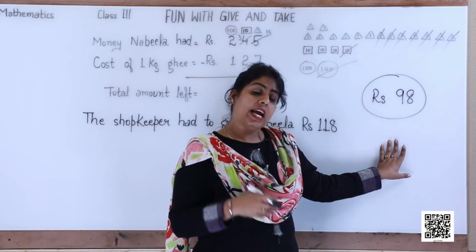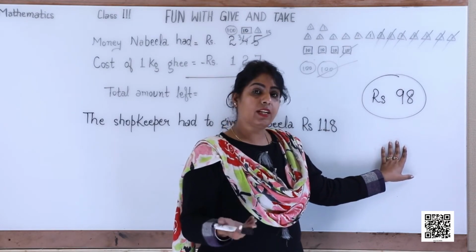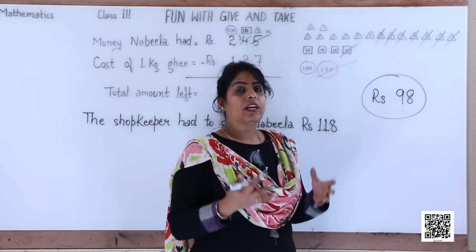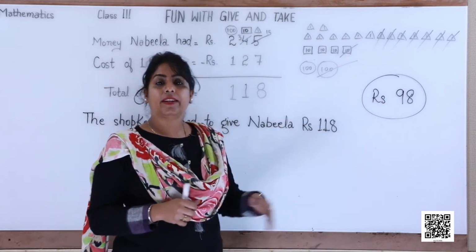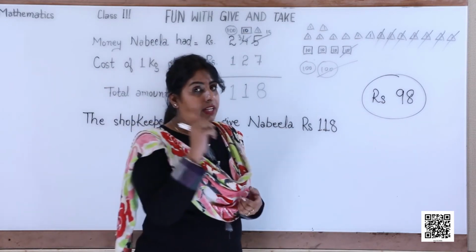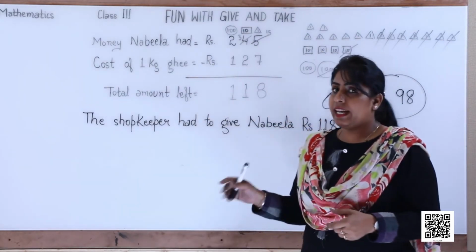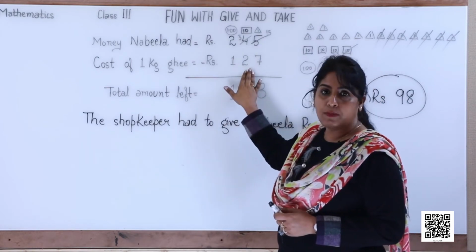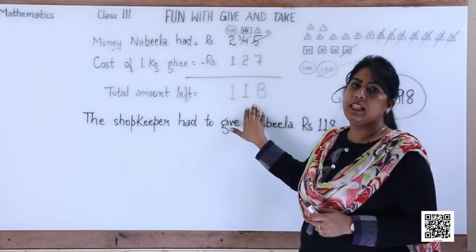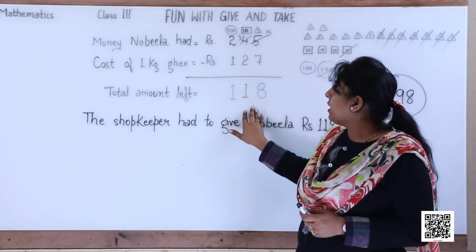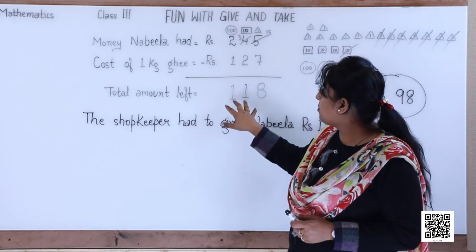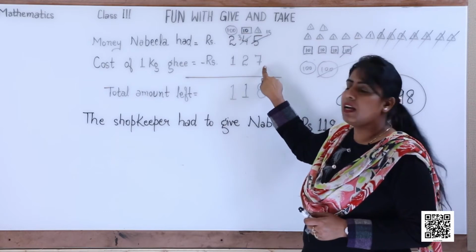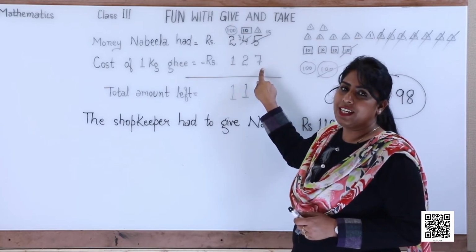So who is actually right? Whose answer is right? And how much actual amount should be returned? How can we test whatever we are saying is correct? Can we test it? Can you think of any method with which you can test? See, this was the total amount, this was the amount spent, and this was the amount that I say should be left. What we can do is, if we subtract this amount from this amount and get this amount, we can cross check our answers.